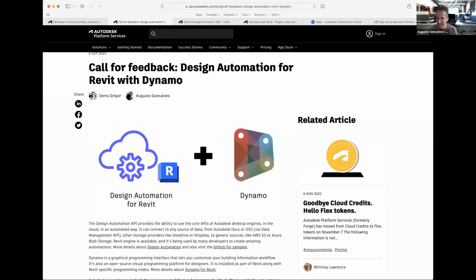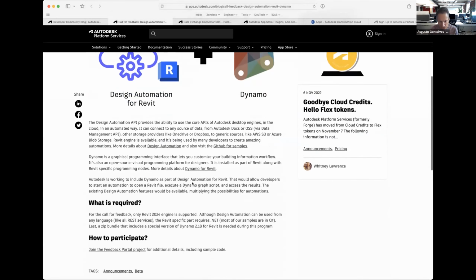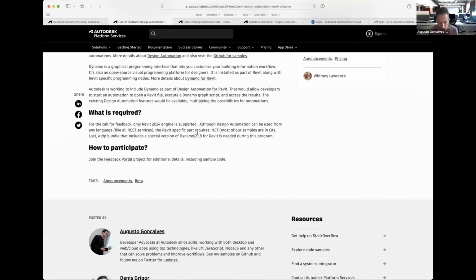So Moses is asking if it does save the results back to the Revit file. Well, anything that you do with Dynamo, you can do here. It's the same Revit in design automation, and the same Dynamo, but running on top of design automation. The only thing is the version, which is 2.8 of Dynamo. But as long as you have a Dynamo script for that version of Dynamo, and the Revit file, it should work.